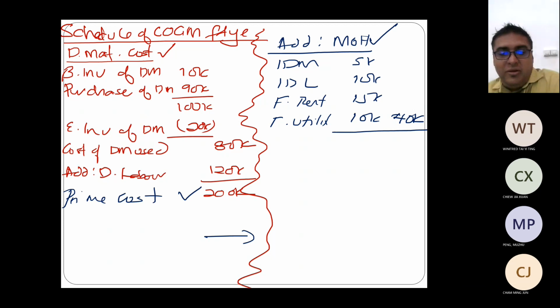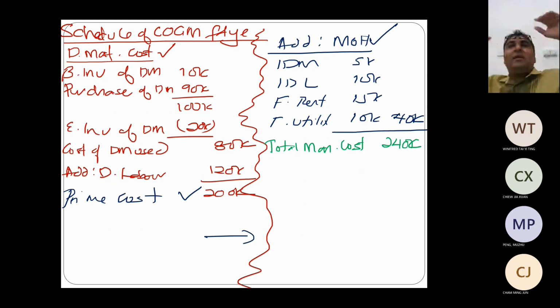So prime cost add manufacturing overhead, I will get something called total manufacturing cost, which is 240,000. Okay, now these are the processes during this year. What if I have some products that I have not completed last year that are being processed this year also, correct or not? So what will happen is I will add my